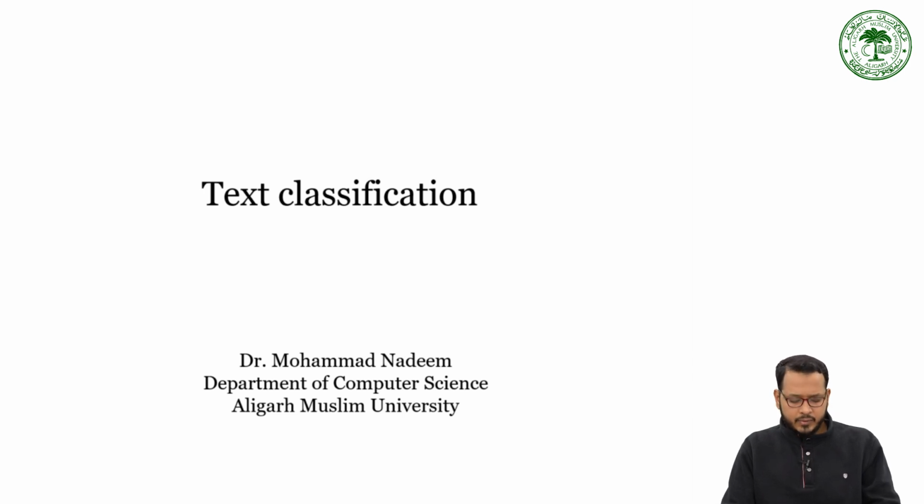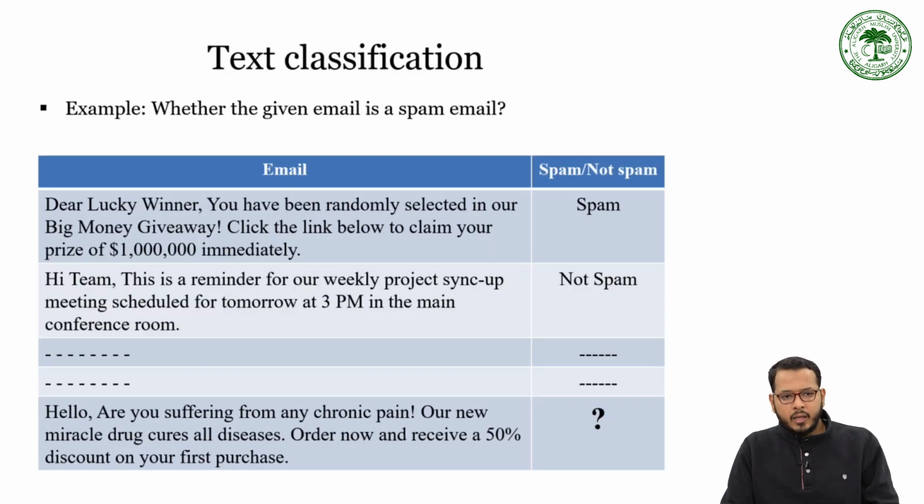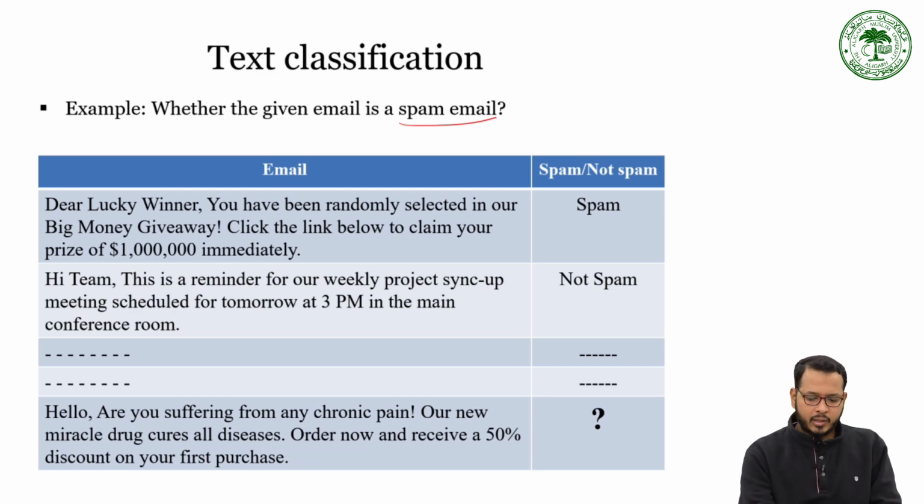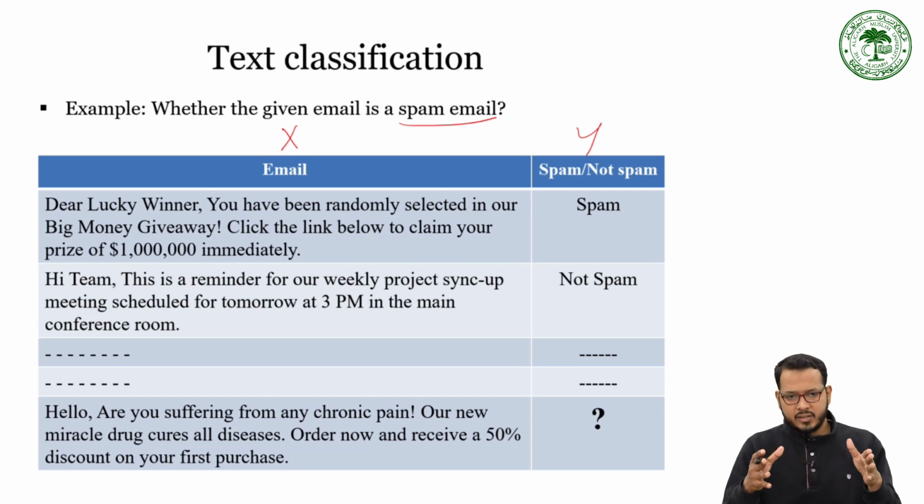So let's start with a quick review of those concepts once again. We discussed the text classification problem with the help of one example, which was spam email filtering, where given an email, we want to identify whether the given email is a spam email or not. So here once again we have the XY pair, as you remember, but X is not well arranged in the form of a tabular format with x1, x2, xn as the independent variables. But on the other hand, we have this